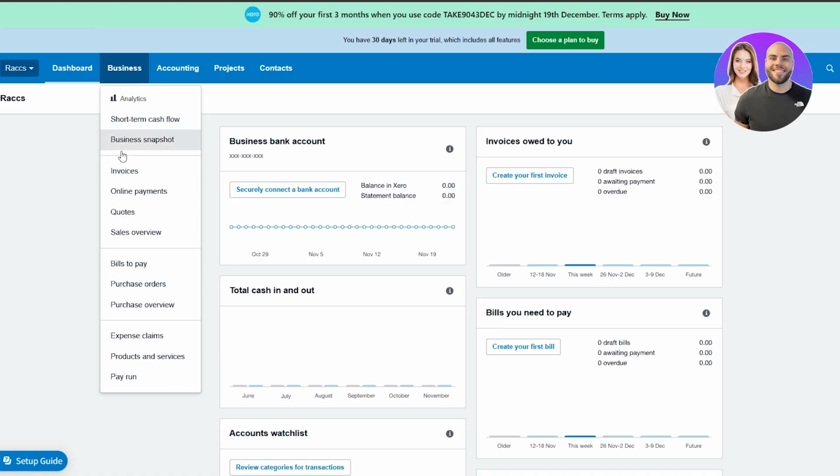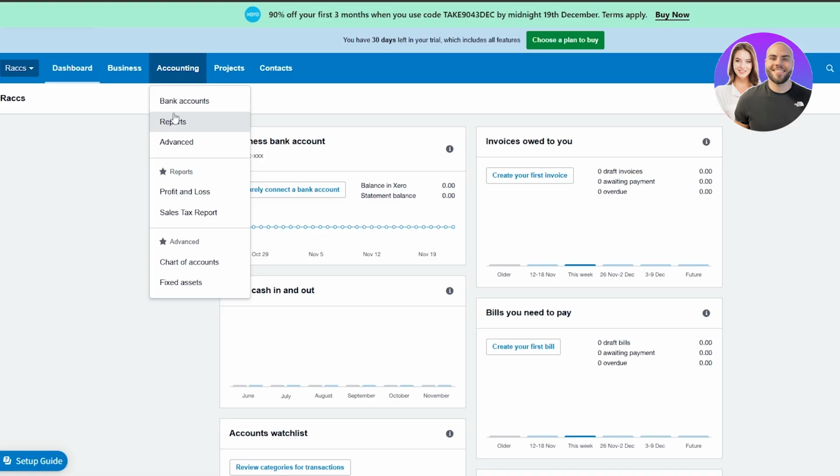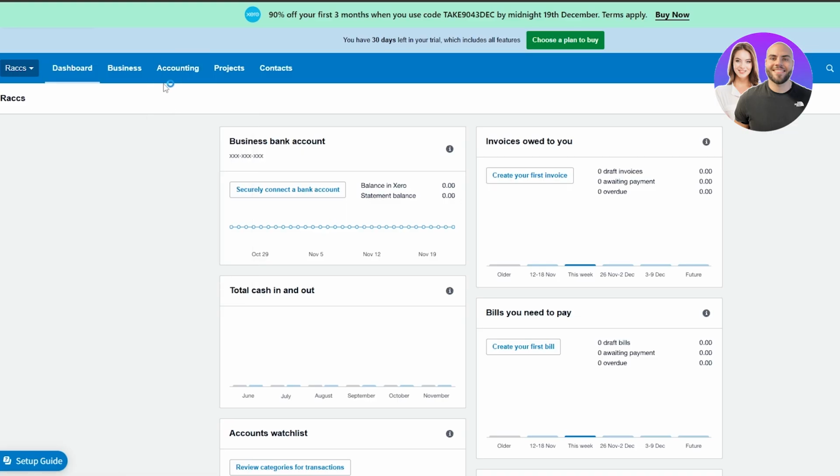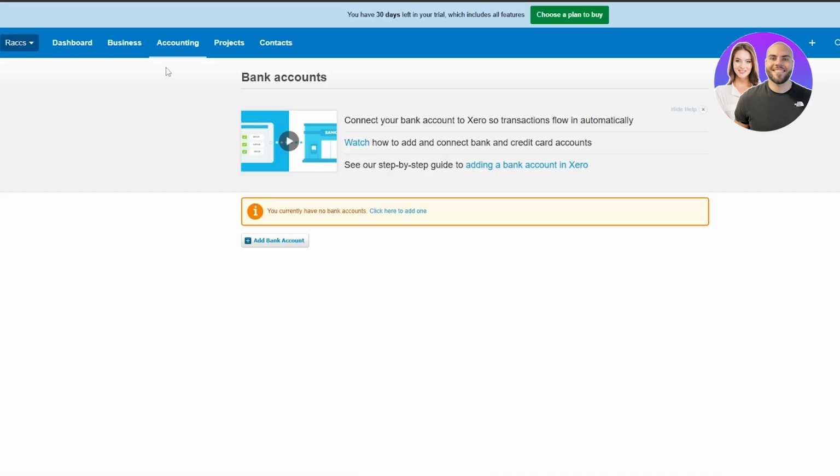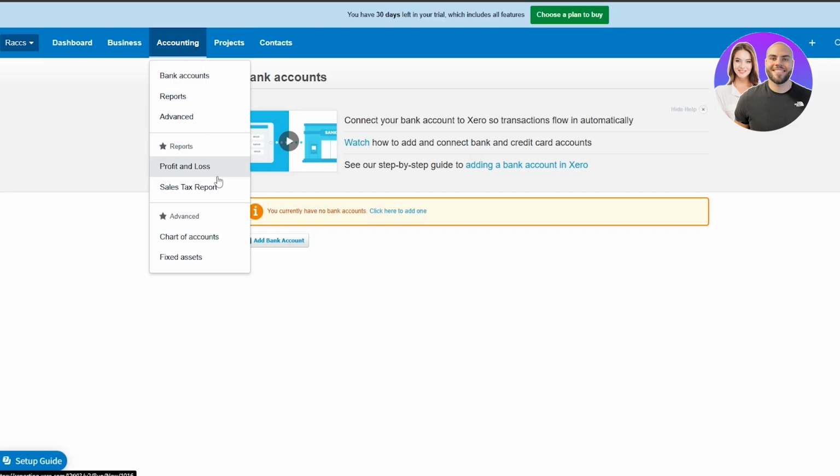So in business, you can go ahead and set up all your business expenses. Right here, we already did that. You can start short-term cash flow, invoices, online payments, everything is going to be over here. Accounting is going to be where you have your bank accounts and you set up your own personal options, right? So you can add the bank accounts over here. You've got your reports advance, and then you have your profit and loss, and then you have your charts of